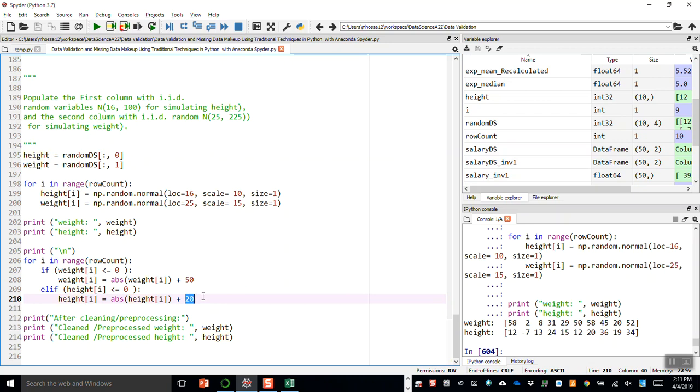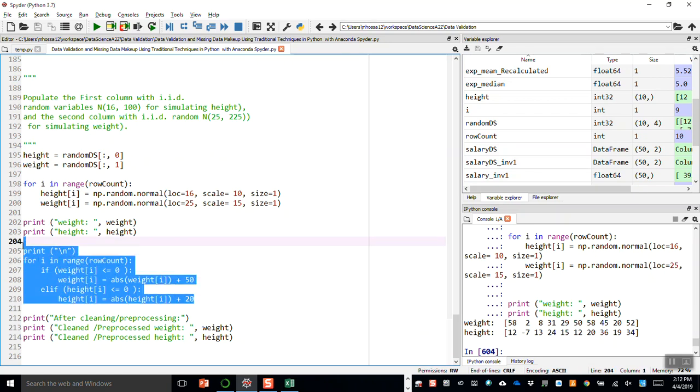We are not dealing with units here, which may be inches or centimeters, that's not a big deal. But this is a way to fix my